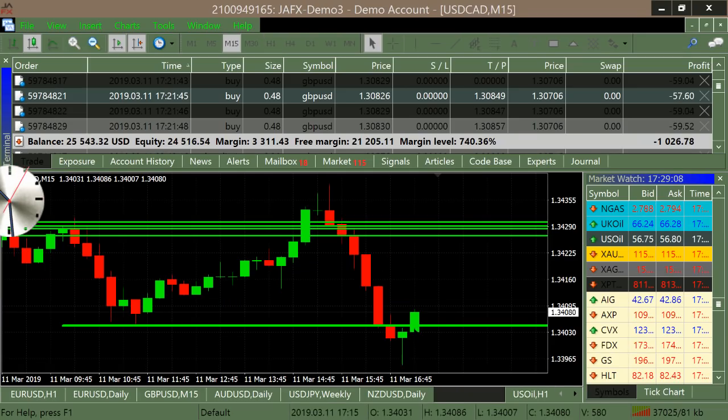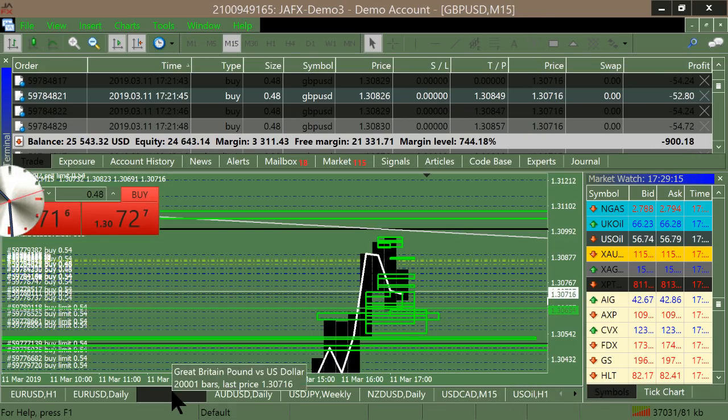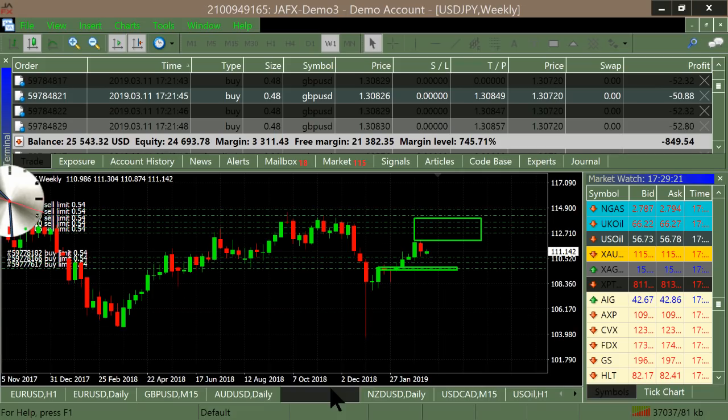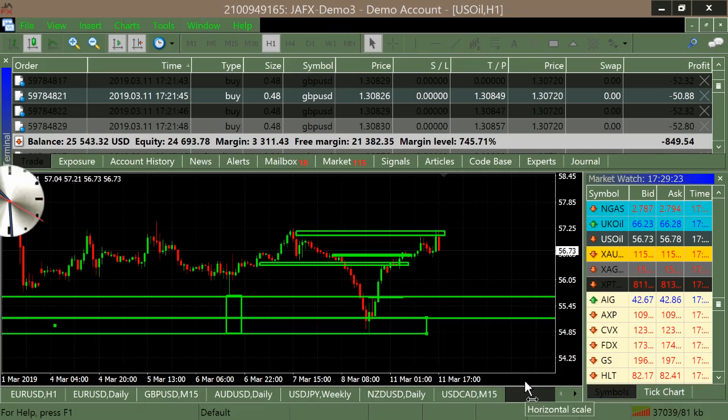Here comes the dollar cat. See, I should have stayed in that trade. There you go. The jury's still out on the British pound right now. But yeah, the crude oil. So, how did you decide to take that trade? Did you use